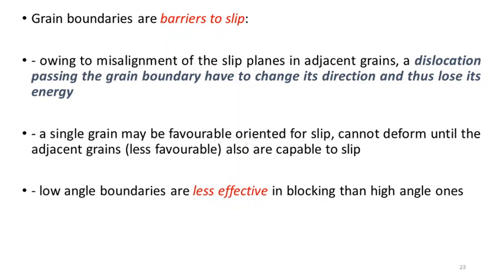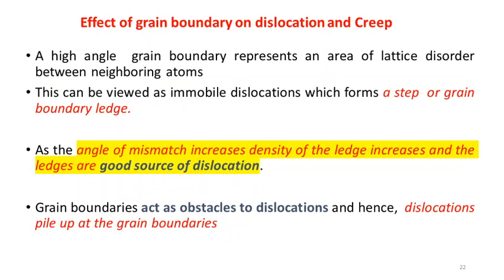Then another effect of grain boundaries: if you are subjecting this particular material to an external load or external pressure, whether it is a tensile force or a compressive force, what will happen to the material due to this external loading? When we are trying to deform this material, we already know the deformation mechanism existing in the material, which is either by slip or by twinning process.